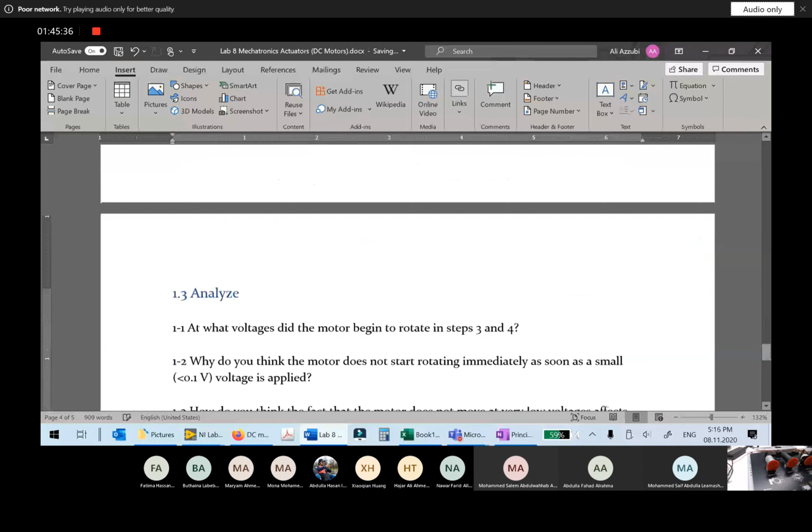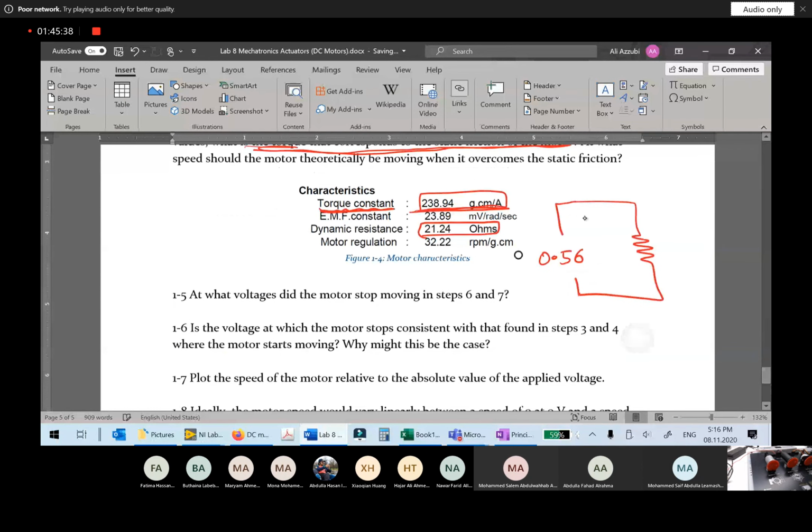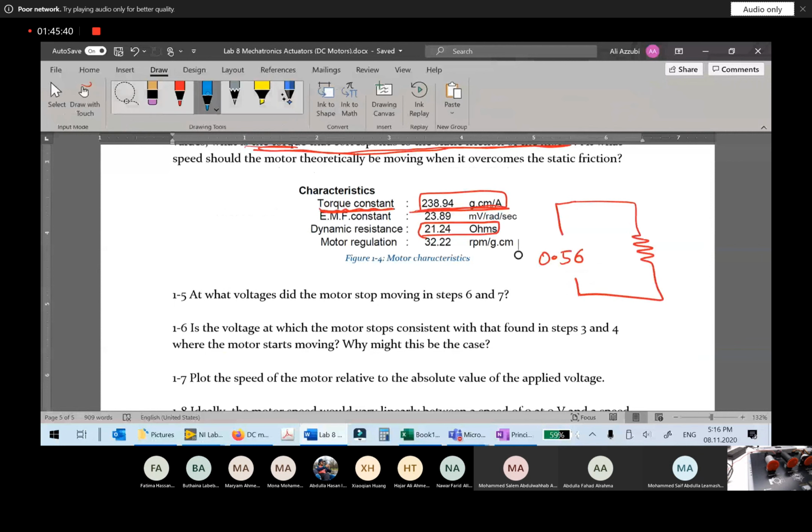Okay, so I need 0.56 volts. This means how much current? Okay, given that my resistance here is 21.24 ohms, this means the I to overcome the friction is 0.56 over 21.24, which is,